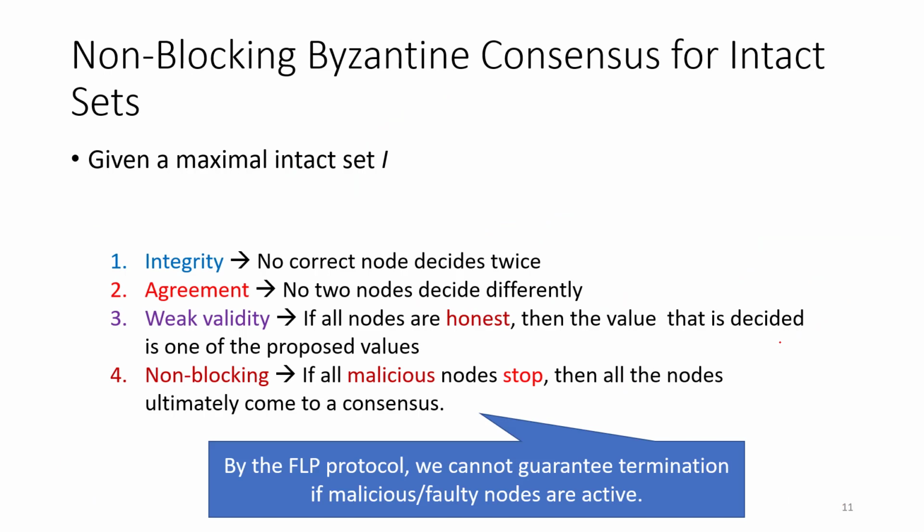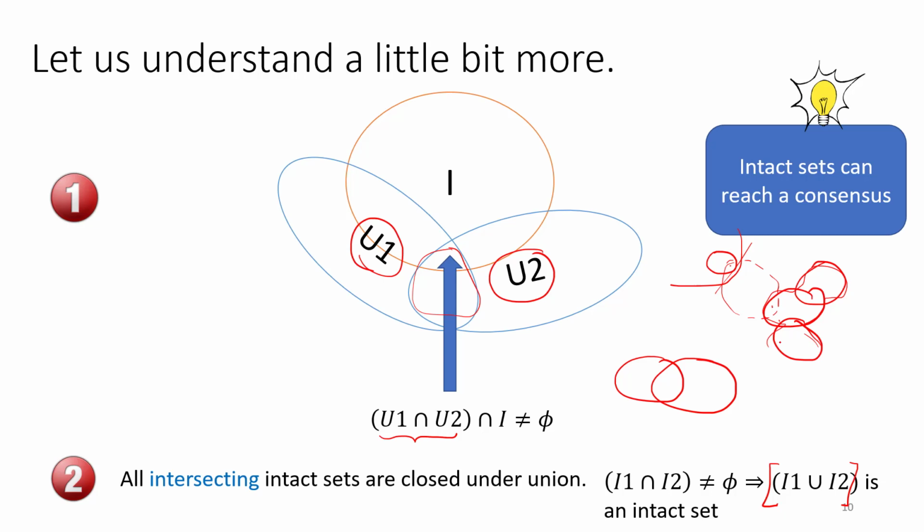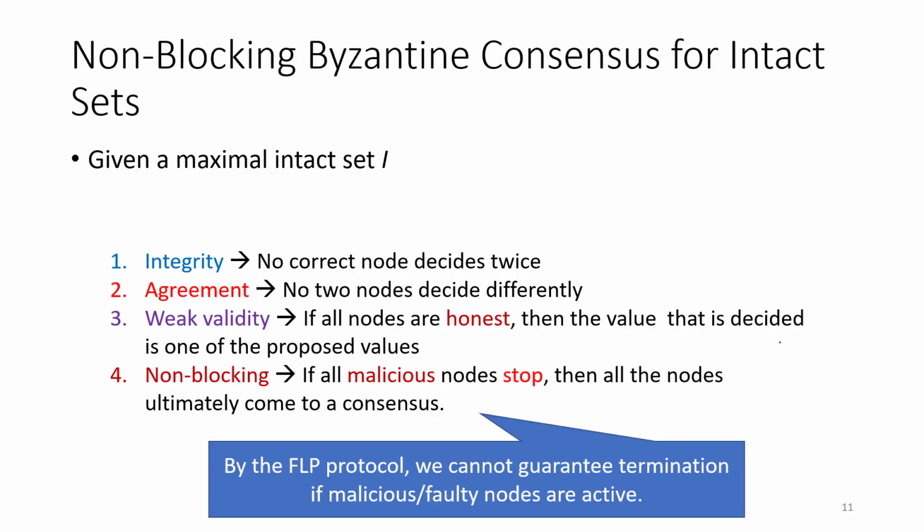So let us now look at the idea of non-blocking consensus. I'll discuss what is non-blocking over here. Basically, in the presence of nodes that could have Byzantine failures, let us look at this for an intact set. Given the fact that we have discussed this union and intersection business, let us consider a maximal intact set I, where clearly we can't grow it further, in the sense there is no other intact set with an intersection such that we can grow it. So the scope of growing it is not there. So it's a maximal intact set.